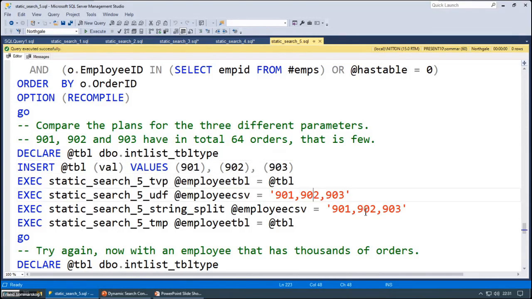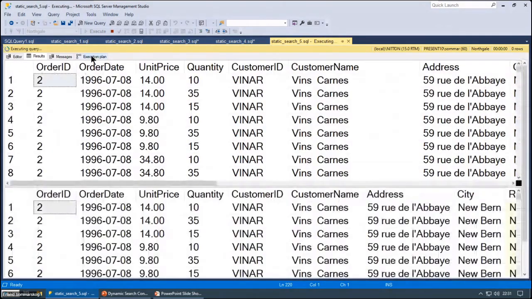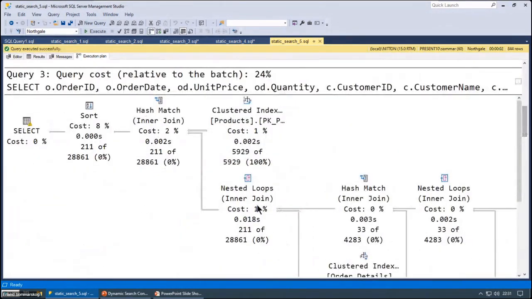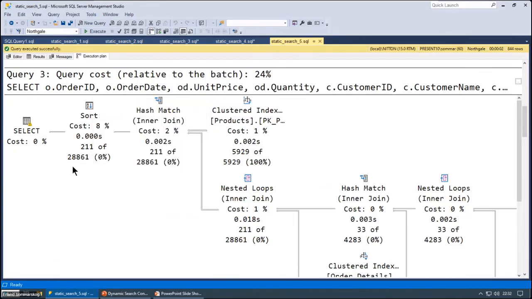And you can see I got the same numbers here, different versions, and I'm going to run all of these once, and I'm going to run with the query plans enabled, so we can see how the estimates are. And you can see here it says 211 and 28,861. This is a fairly recent addition to the Query Plans in Management Studio. So this is the estimate. No, sorry, that up is the actual number, and this is the estimate,